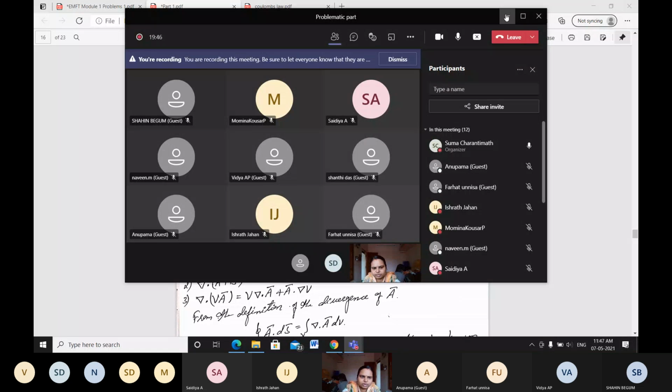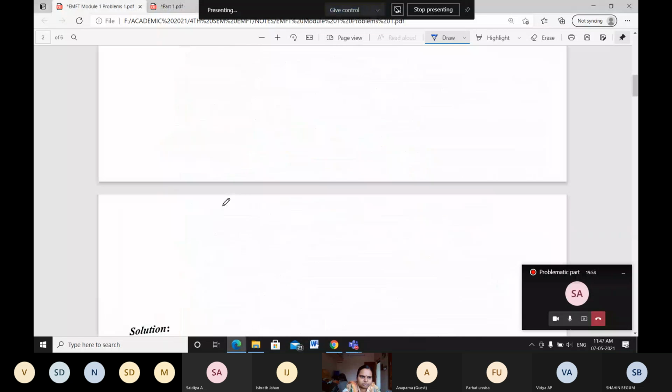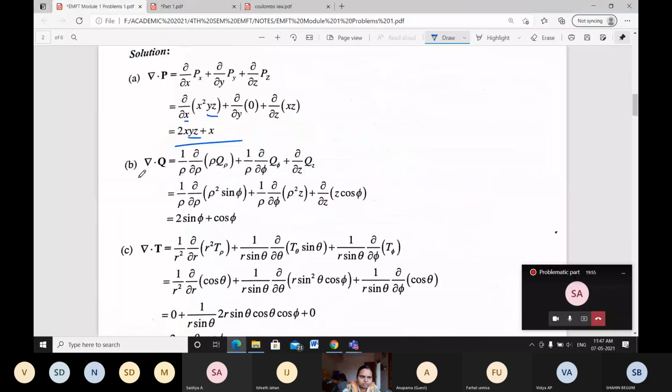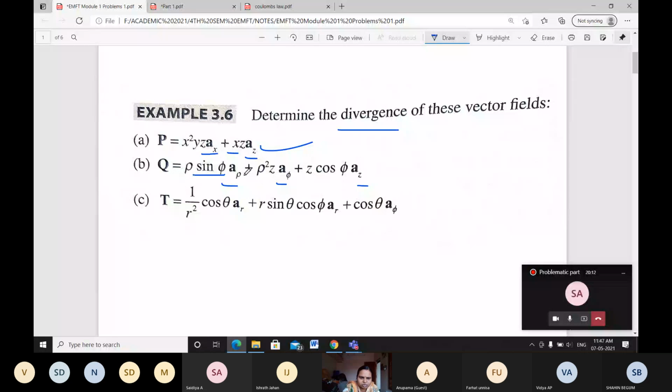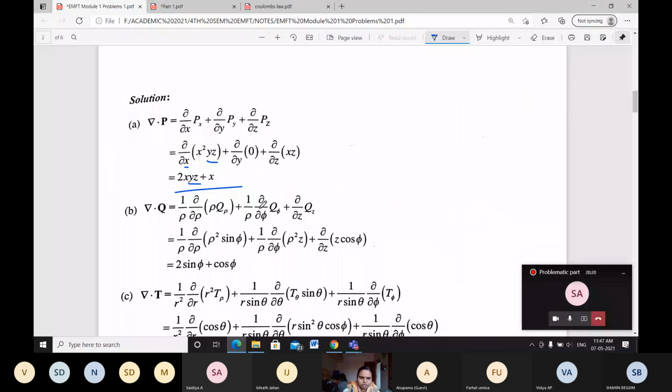We have to use this equation. Therefore, if I substitute in the equation, del dot Q is equal to 1 by rho ∂/∂rho of rho Q rho. Here it is given in terms of Q. For that reason, this part is taken as Q rho, this as Q phi and this as Qz. Here it is written 1 by rho ∂/∂phi of Q phi plus ∂/∂z of Qz. Then substitute for Q rho.